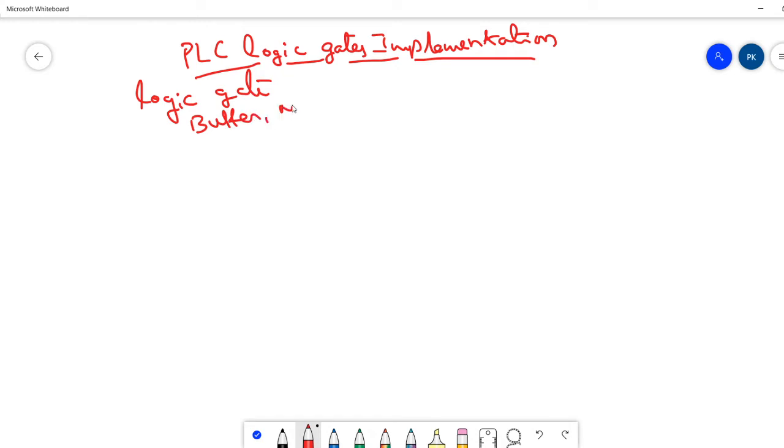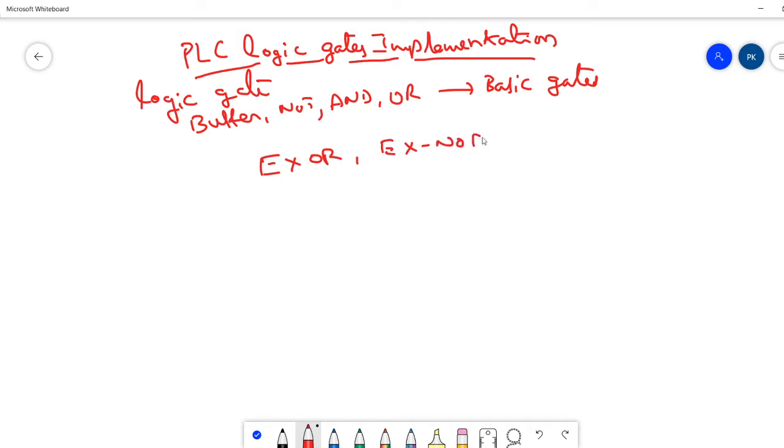The basic gates are the buffer gate, NOT gate, AND gate, and OR gate. From these basic gates we can implement the remaining gates such as the XOR gate and XNOR gate.